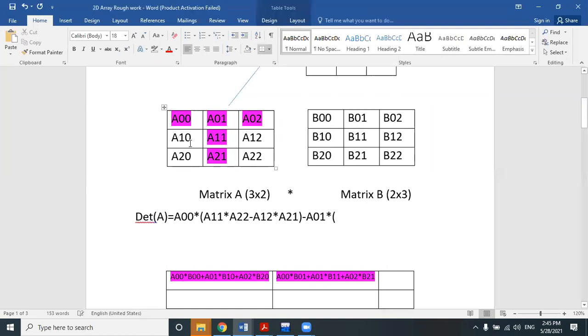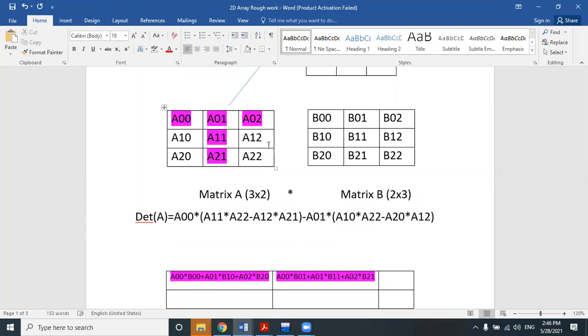These 4 elements are left, 1, 2, 3, 4, and we will again do the cross multiplication among these 4 elements. First we will do the cross multiplication from left to right, top to bottom, and then we will do right to left. So A10 into A22, minus A20 into A12.